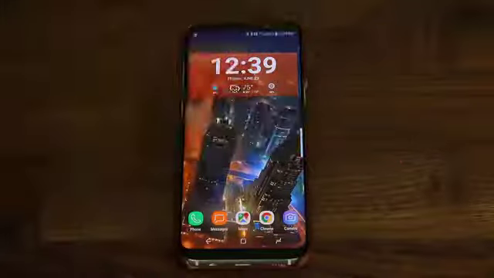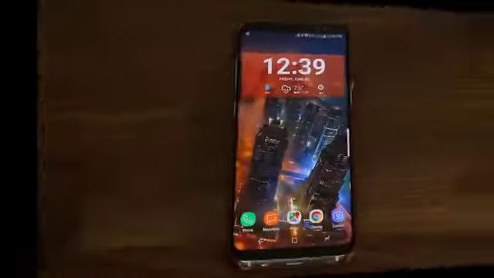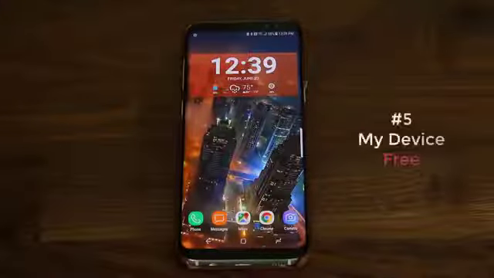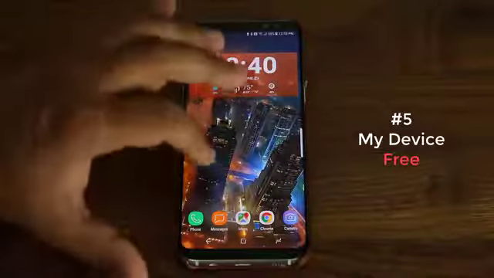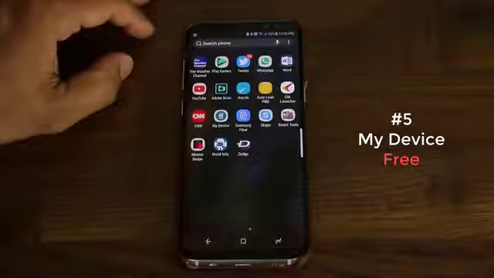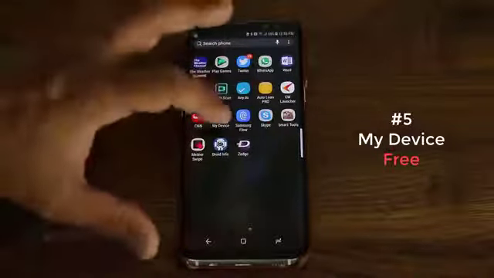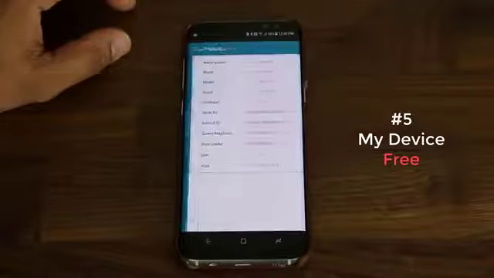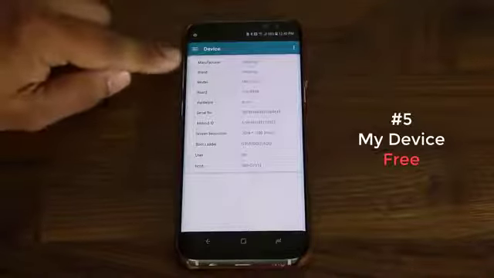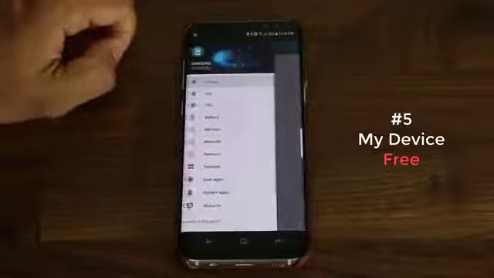All right, let's move on to the next application. All right, so the next application is a simple application, but it gives you a lot of information about your device. It's called My Device. Again, it's 100% free. So let's go right over here and tap on My Device, and immediately it's going to give you information. So this is information about your device. If I go tap on this guy,